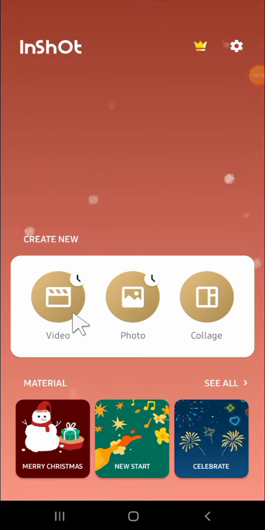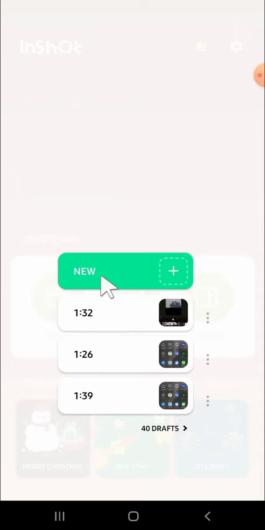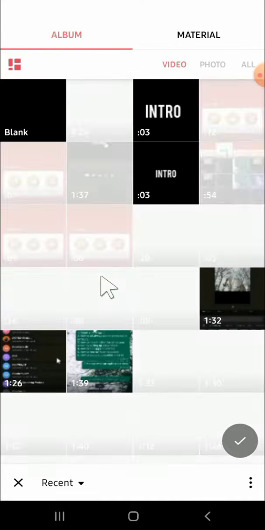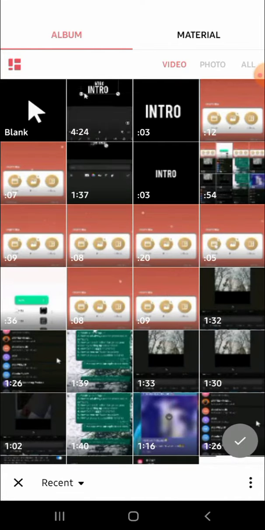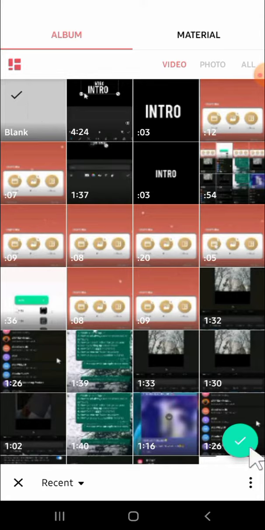In today's tutorial, I'll be showing you how to make text reflection effect intro on InShot application. So guys, here I have already opened my InShot application on my phone, and let's just create a video project first. We can tap on the video, then tap on new, and we're going to select the blank clip. This one, tap on the blank clip, then tap on this checkmark button to import the blank clip to the